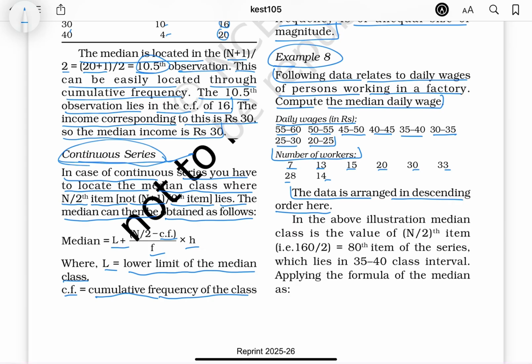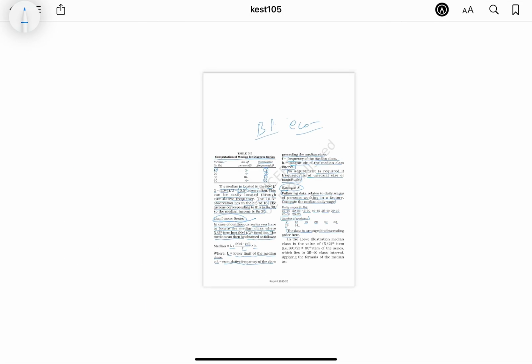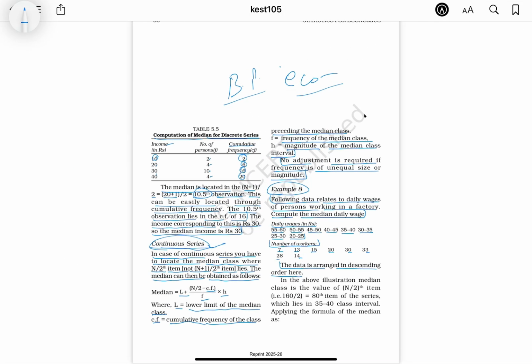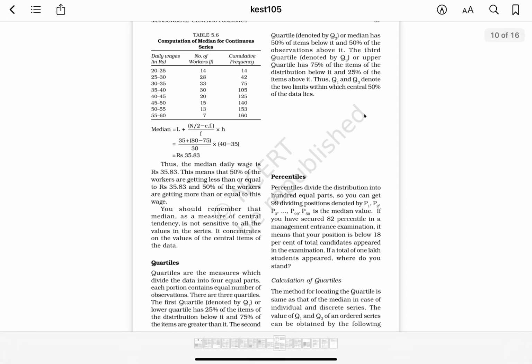In the above illustration, median class is the value of n divided by 2 item, that is 160 divided by 2 equals 80th item of the series, which lies in the 35 to 40 class interval, applying the formula of the median. इसके बाद आ जाते हैं कंप्यूटेशन टेबल।